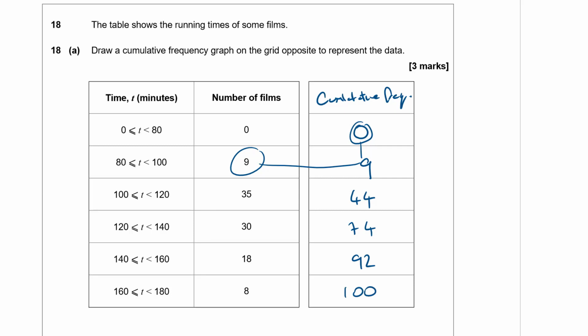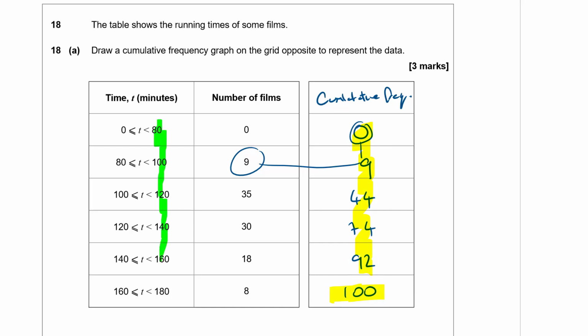And when you get to the end of the list, always a good idea just to check that you've got the same number as you should have. They haven't told us how many we should have here, but it's a nice round number, so I'm happy with that. Okay, so now we've got this, we're going to be plotting cumulative frequency, these values here, against upper class